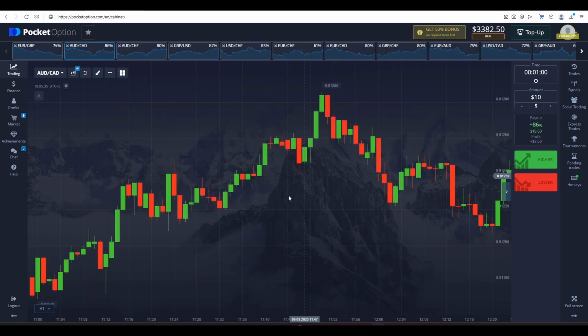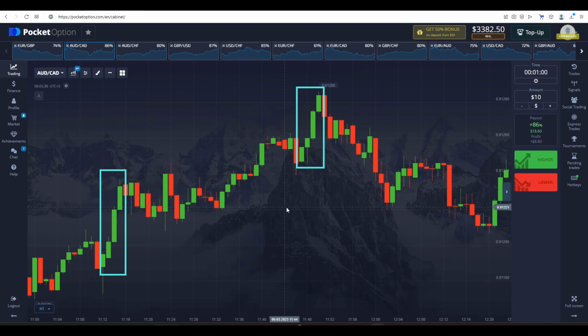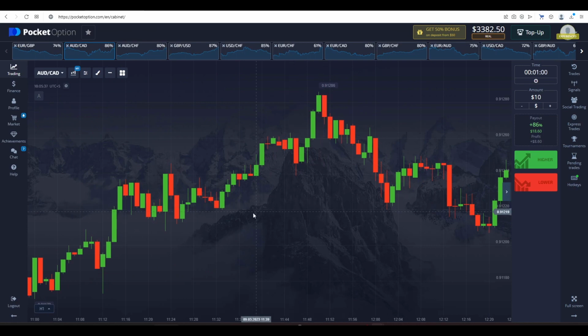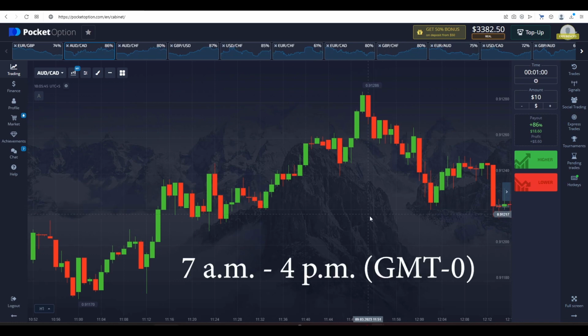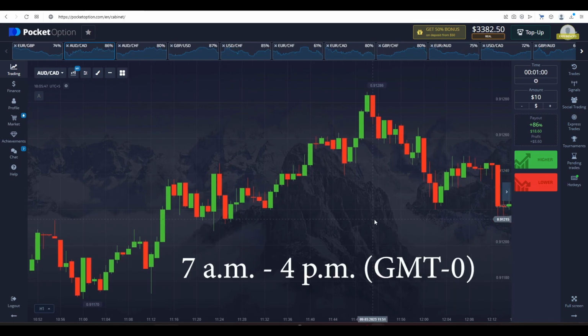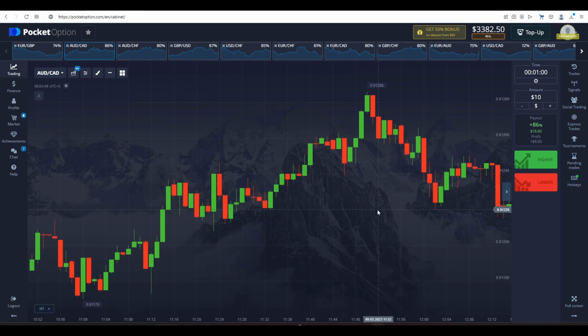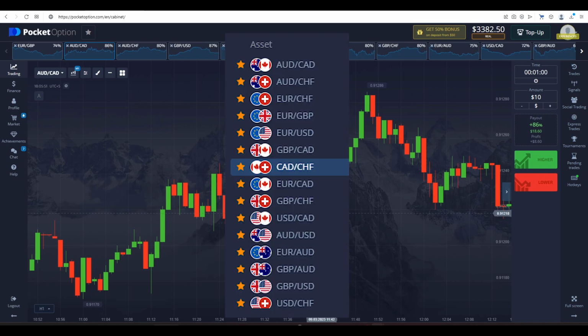This strategy employs price momentums like these, and such impulses may occur on the market for no apparent reason. They can be called spontaneous, because they occur when there are no economic announcements that directly or indirectly relate to the asset. The system is to be used from 7 am to 4 pm, GMT 0 time zone. No, not all currency pairs are fit for the strategy. Right here I have prepared a list of currency pairs suitable for the strategy, using the Pocket Option broker